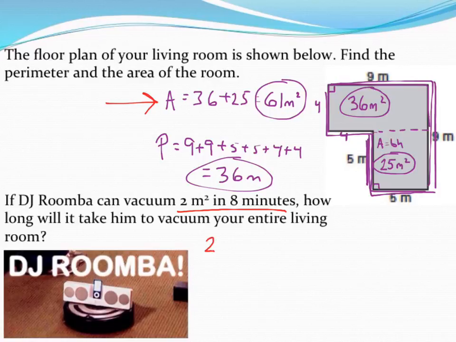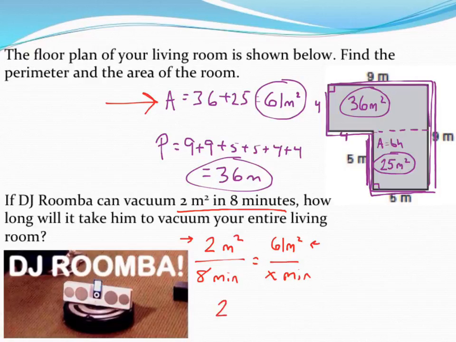And so I'm going to set up my rate as 2 square meters in 8 minutes. So there's part of my proportion. And then set that equal to, since the area is on top over here, I'm going to put the area on top on this side. I have 61 square meters I'm working with, and I don't know how many minutes that's going to take, so x minutes on the bottom. So I like to do these problems as a proportion, although like I said, certainly there's other ways to do